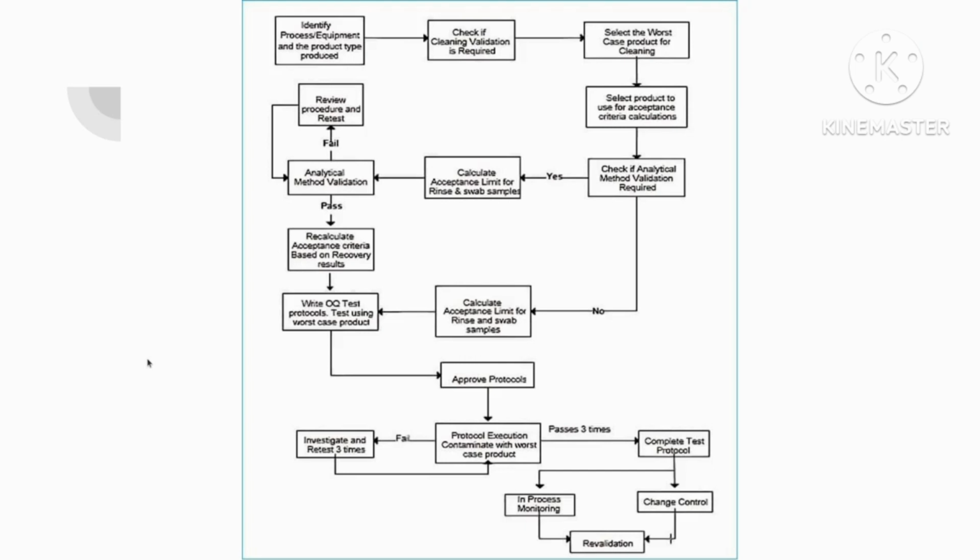Next one, select the worst case product for cleaning validation. For multi-product equipment, it is not practical to validate the cleaning of all products that have one cleaning process and where products are alike in formulation and dosage form. In such cases,